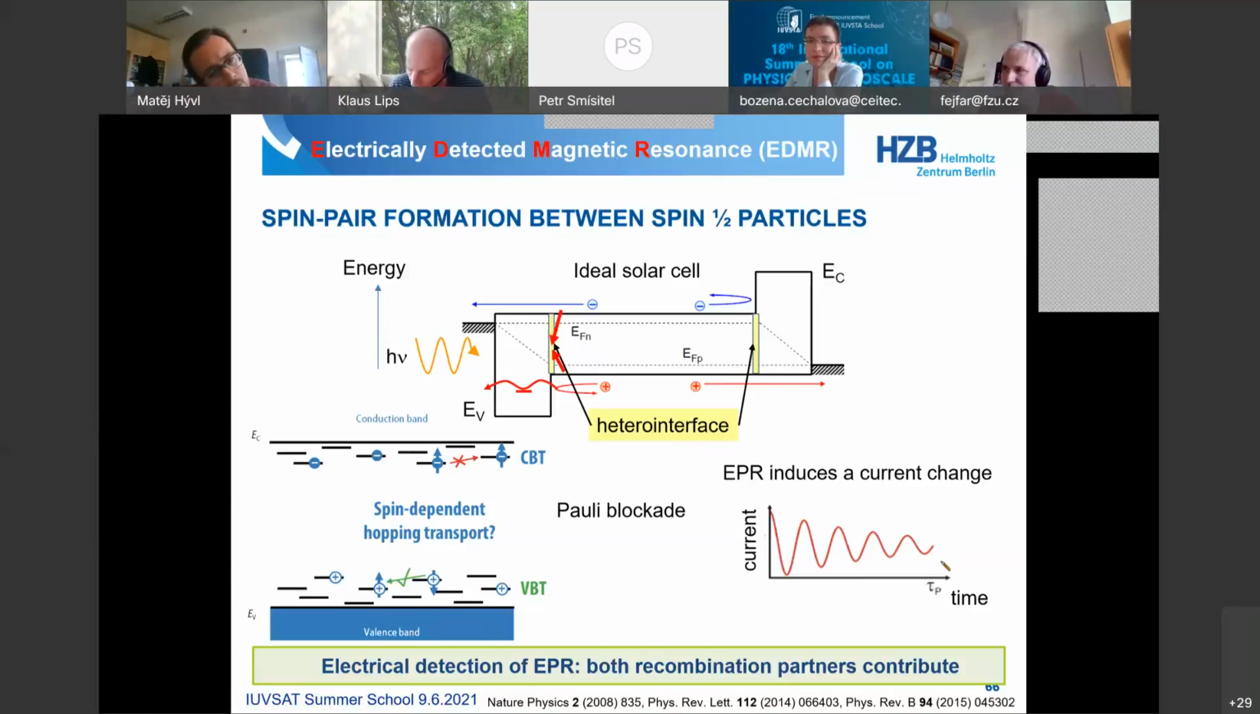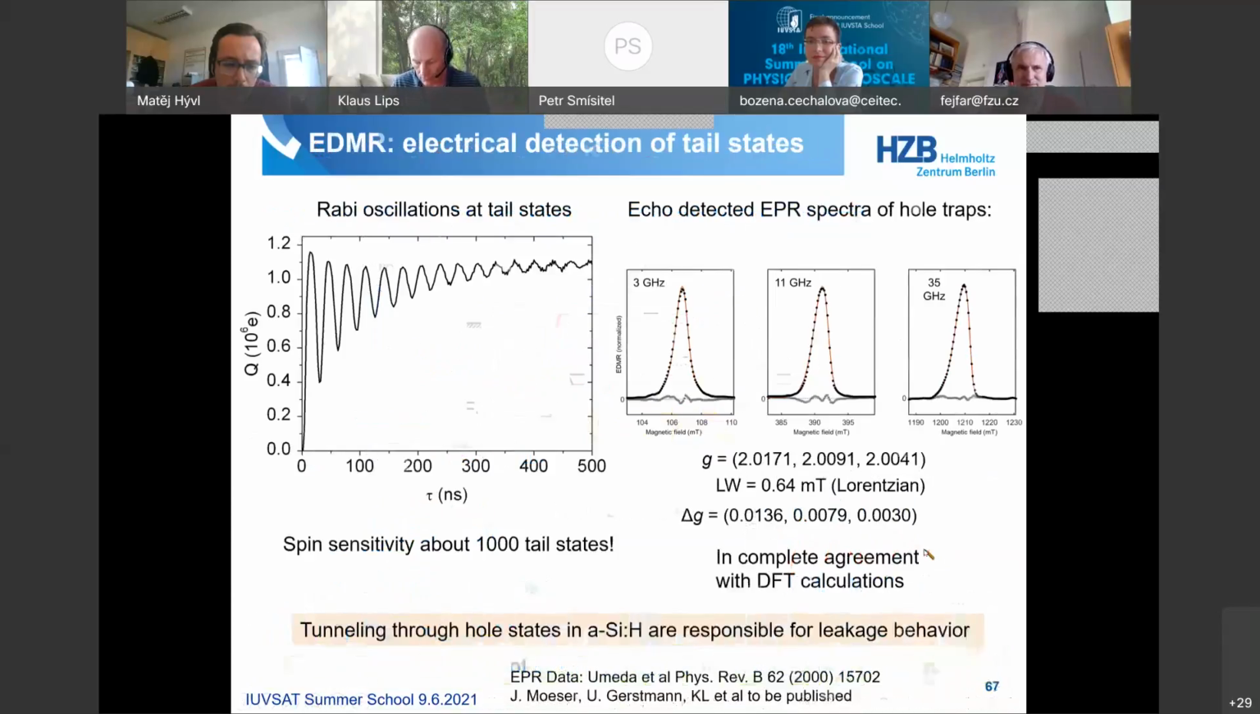And we have done that experiment, and indeed what comes out is we see a very nice Rabi oscillation of the current in the solar cell. This is the Rabi oscillation that we have measured. The sensitivity is 100 electrons, 100 states that we measure, and then we fit the resonance with the G-tensor that has been calculated,